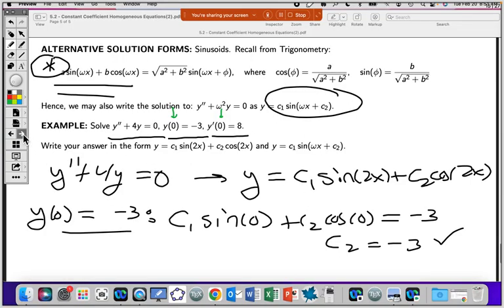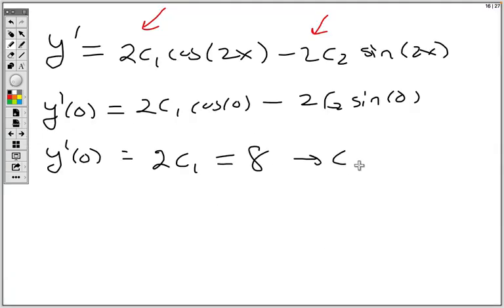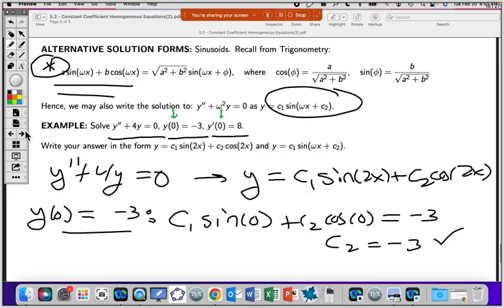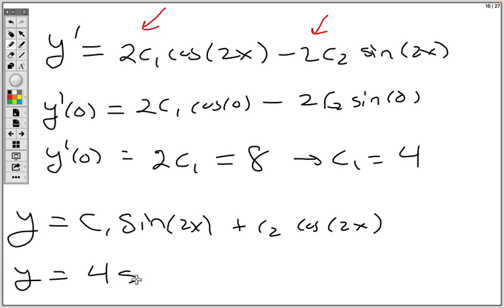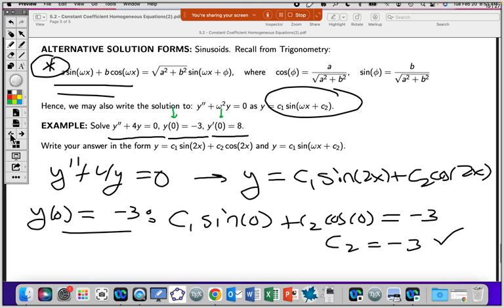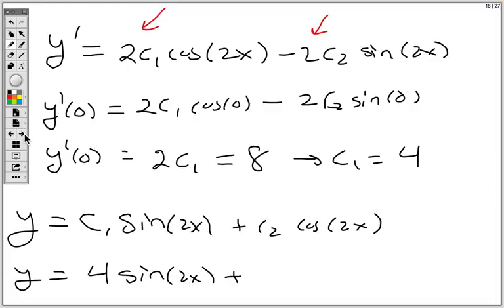And that's supposed to be 8. So C1 is going to be 4. And so one way to write our solution, y is C1, do we do sine? Yeah, C1 sine of 2x plus C2 cosine of 2x. One way to write that answer would be 4 sine of 2x minus 3